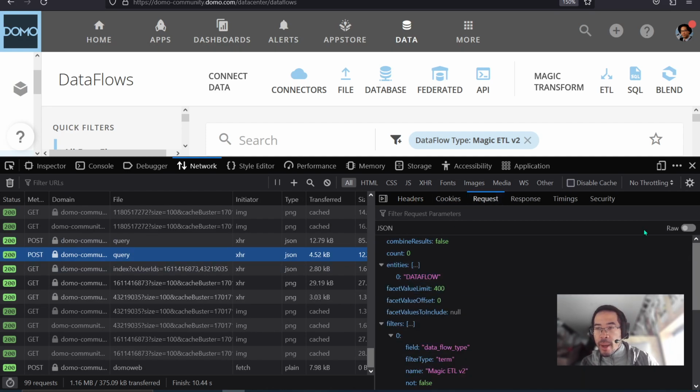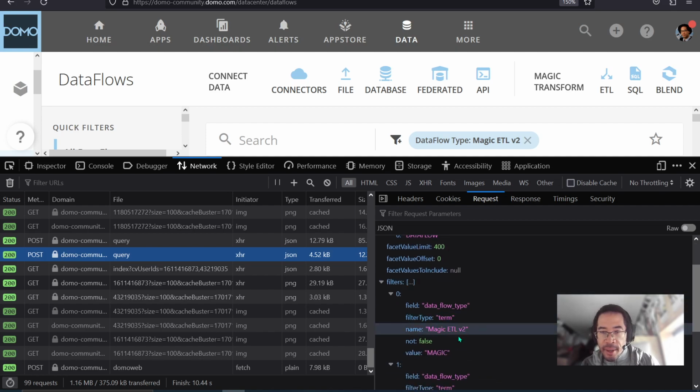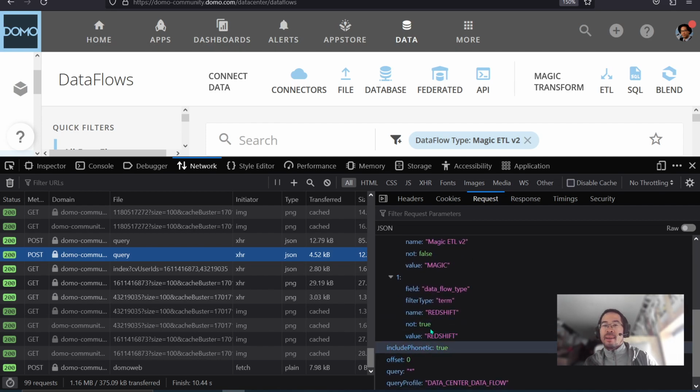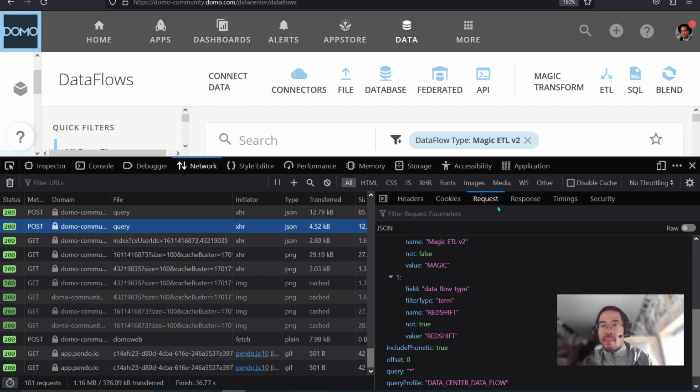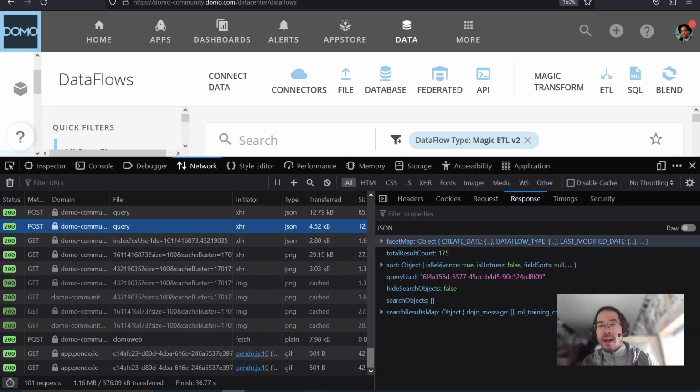And in the request body, it says, okay, I want to search for data flows. I want to filter where the data flow type is Magic ETL v2. And I'm not interested in Redshift. I don't know why that's explicitly there, but okay. And I know that if I hit the query API with a POST request with that body, the response will include a bunch of